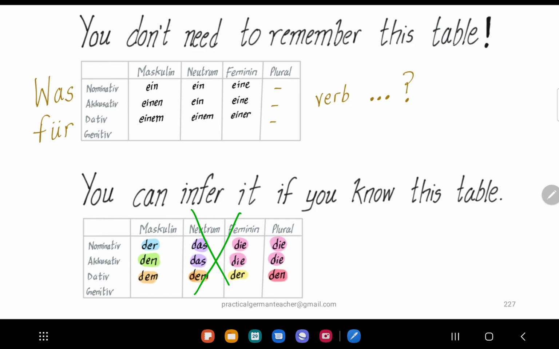So was für, just telling you how you can frame sentences. So was für, this article, and then here you will have noun, and then the verb describing the action, and then you can have object or adjective. You do not necessarily have an object. Even just was für, one of these articles, noun and conjugated verb will be a complete sentence.